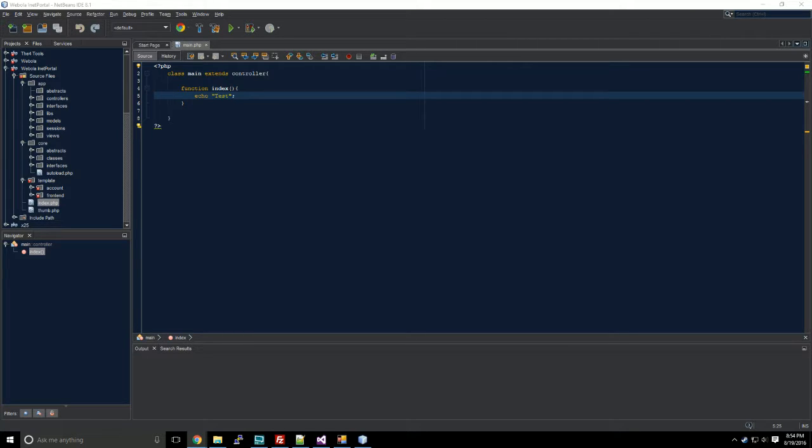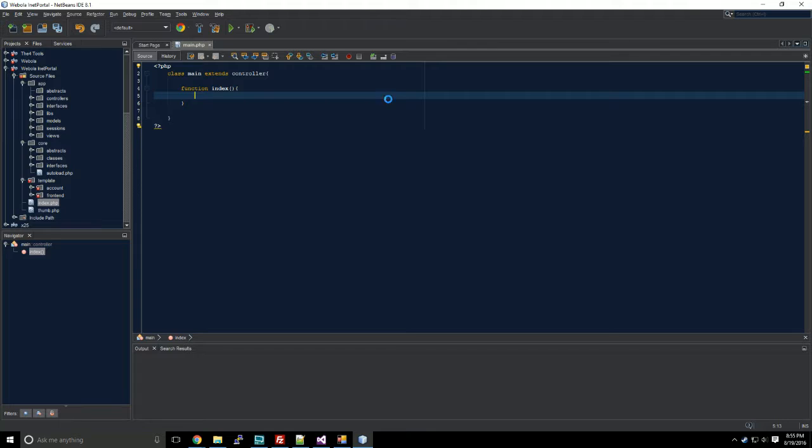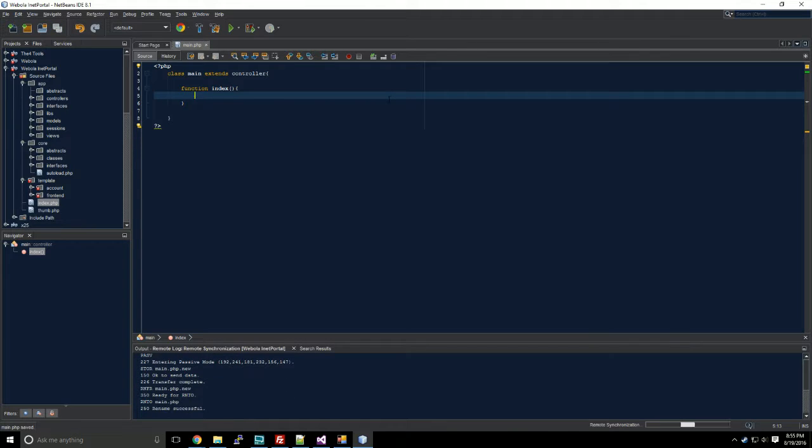So without further ado, I'm sure you came here to see me do some coding. So that's what we're going to do. On my main controller, I'm just going to delete this echo function out here. And the first thing we're going to do is start adapting our template, or installing our template, to our framework. So how do we do this? I'm just going to load a view. And I'm just going to say template